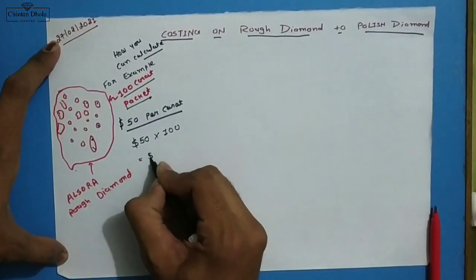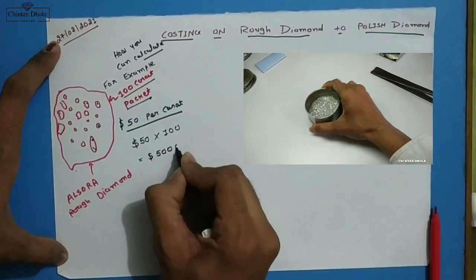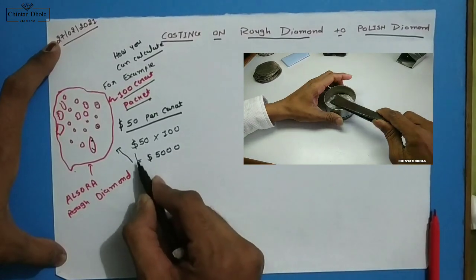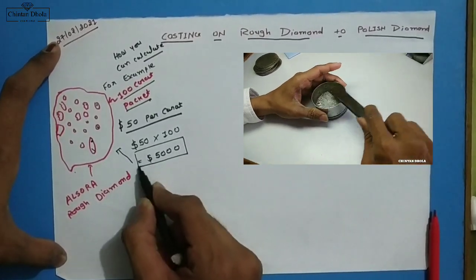We have to pay $5,000 for this particular packet. Now the costing, we have $5,000 for